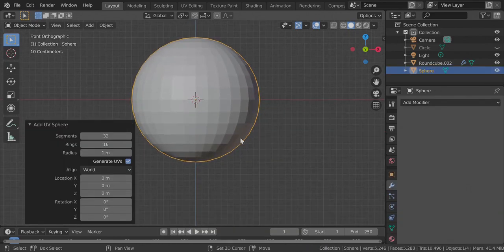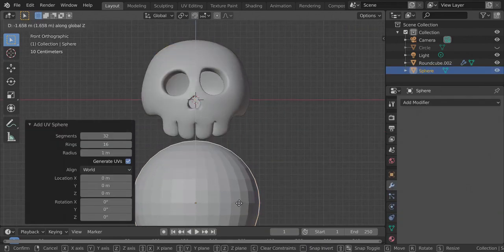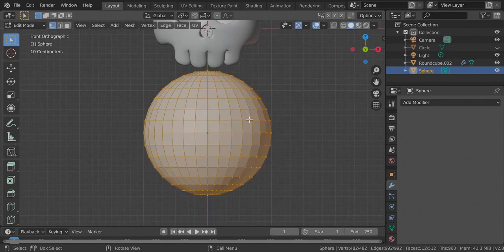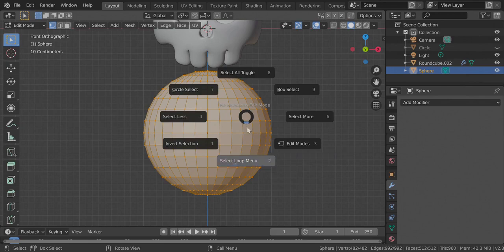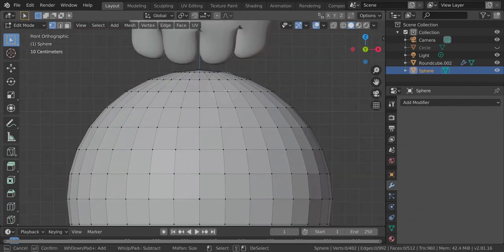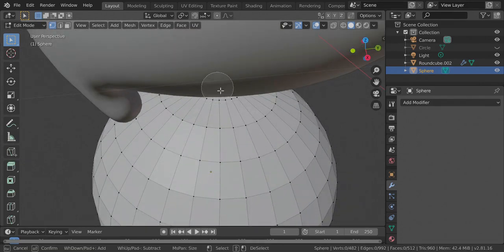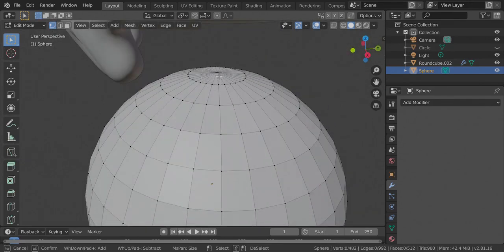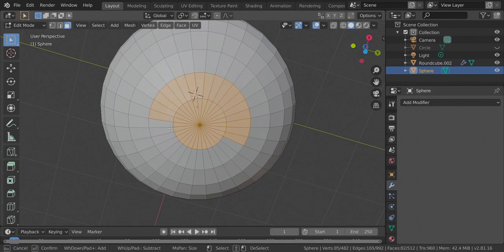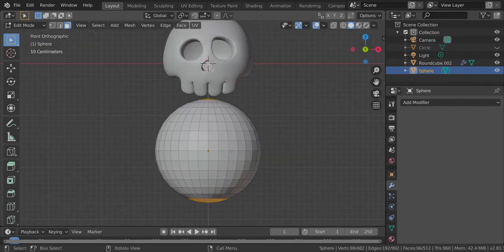Yeah, add a UV sphere, and I'm going to move it down a little so that I can see it better, and go to edit mode and deselect everything, go to the circular selection mode and select this, go to faces, select this and go down, select these,